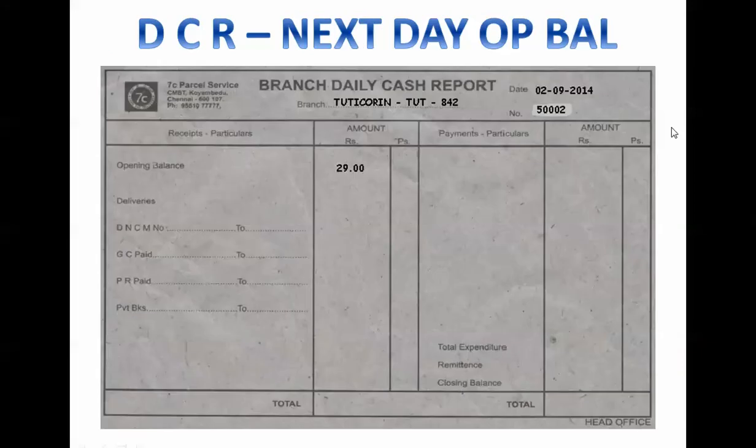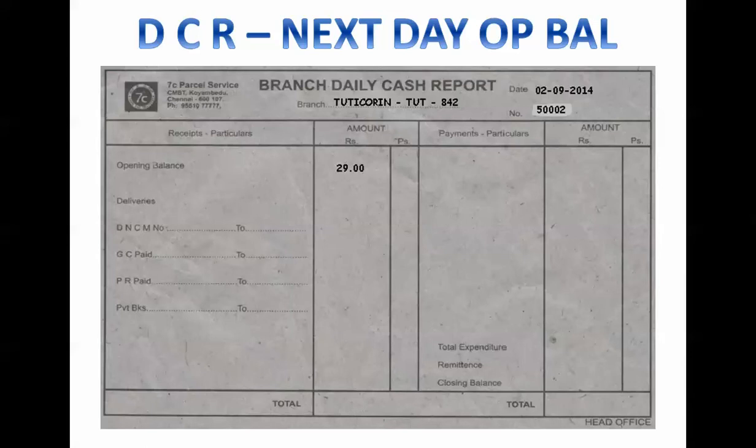So he has prepared the DCR for 2/9. The closing balance of 1/9/2014 is carried forward as opening balance on the second of September, 29 rupees. And on the second, he has to follow the similar process of arriving at the to-pay amount through the DS dated 2/9, the paid amounts through DBDS dated 2nd September, and the PR paid bookings for 2nd September and 7C courier paid bookings for 2nd September. Make the subtotal of the GC bookings and arrive at the total as shown in the previous DCR.